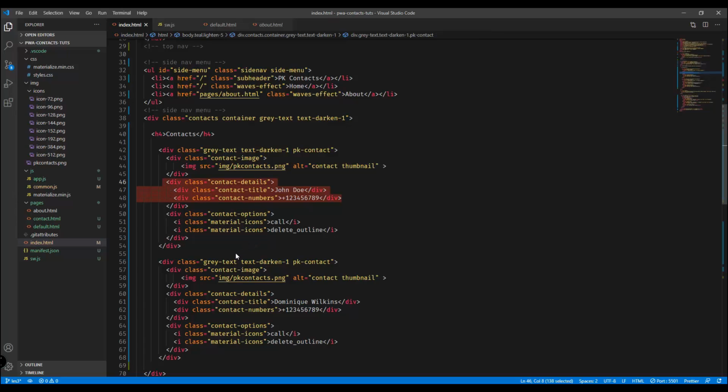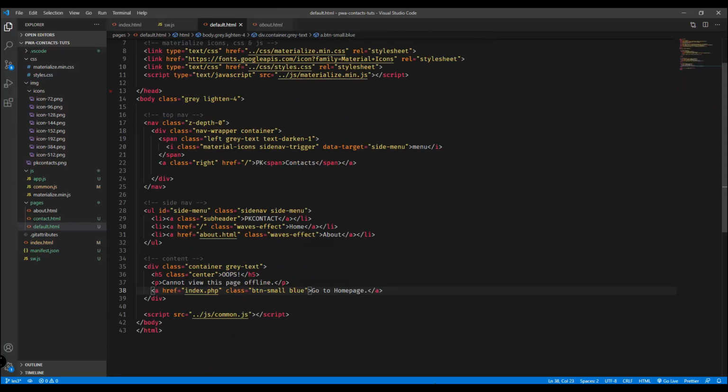We're doing that manually, so we need to fetch the contacts coming from our Firebase, and we're gonna set up that. And in this video we're gonna be adding the Firebase database, and also we will try to configure it within our project. But before we go any further with that, let's try to fix first